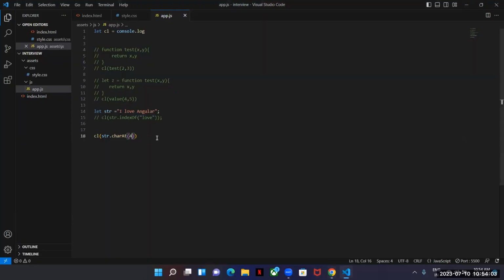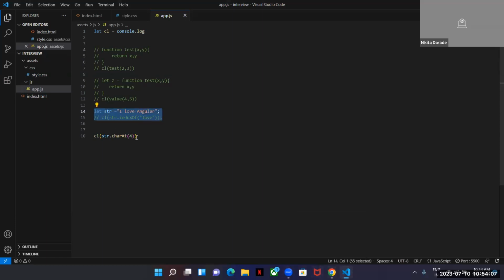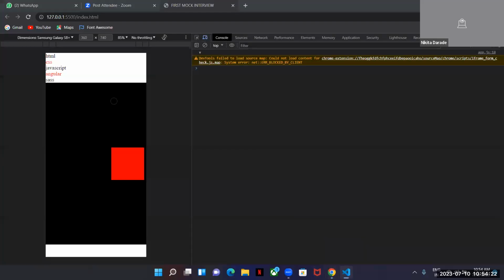It is like this. I take the index number in the charAt method, then print.